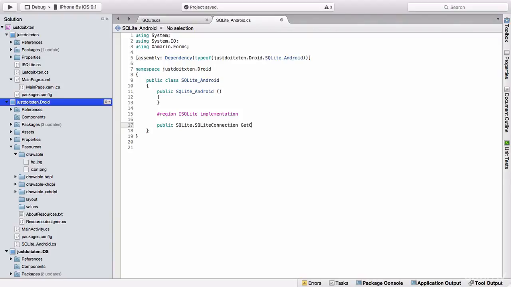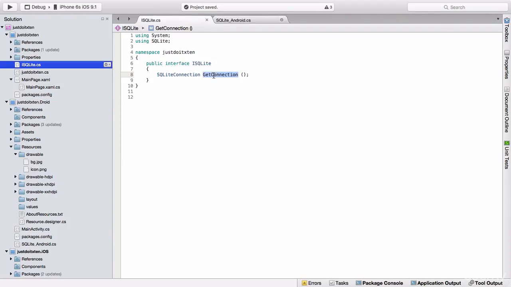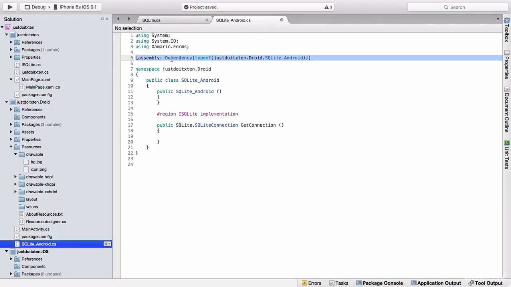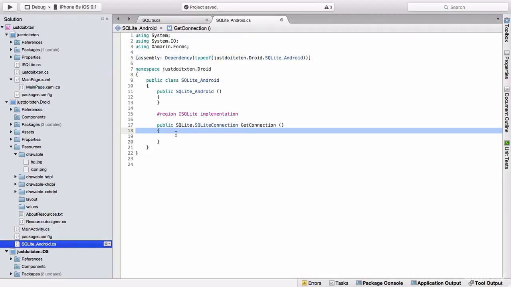SQLite connection, and this is going to be the get connection that our iSQLite actually referenced in the shared project. So it's going to come over to Android, find this, and it's going to go down here and actually get the connection for us. So in here we need a var file name, and this is going to be database.db3 as the extension,